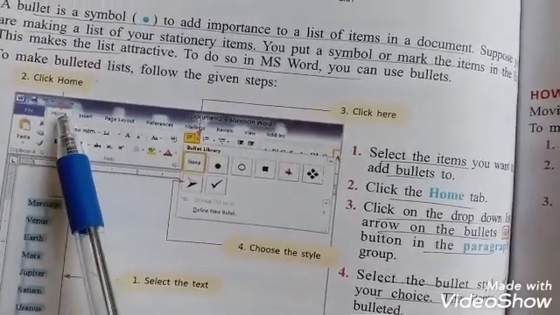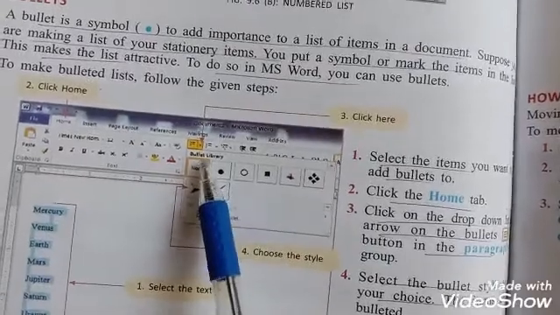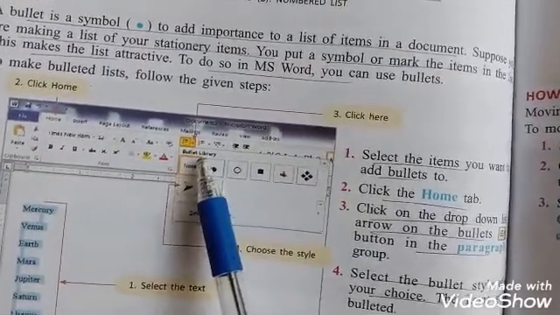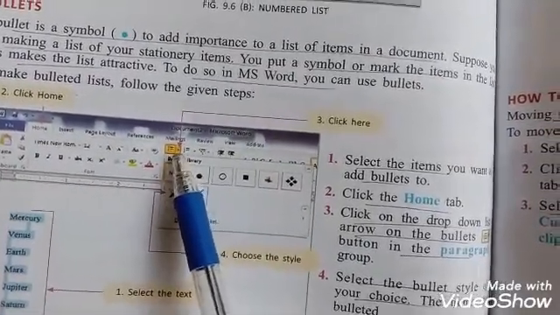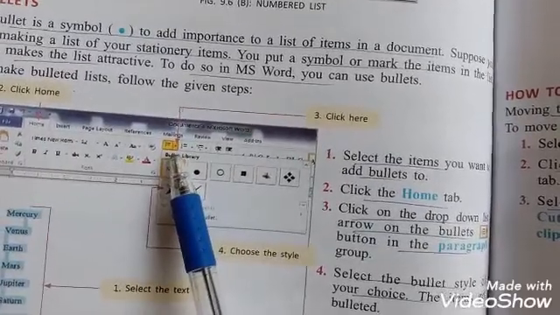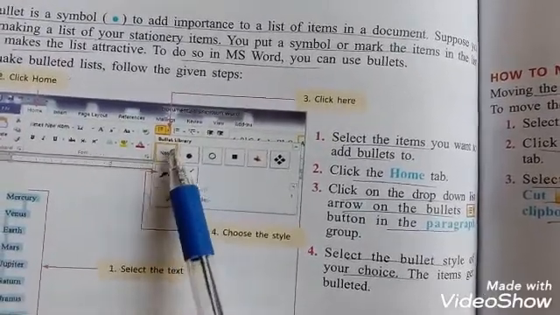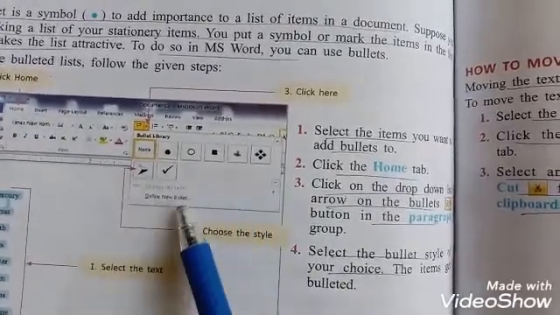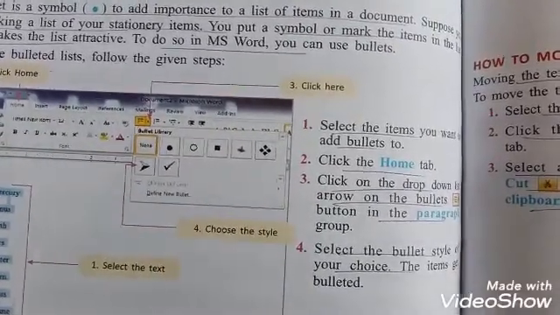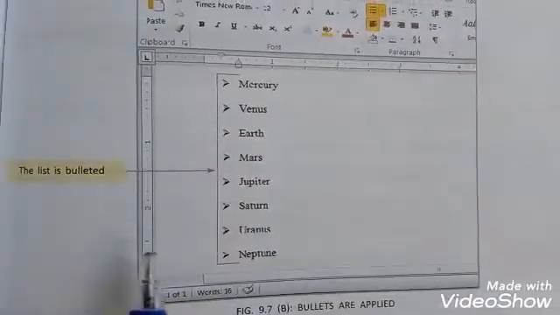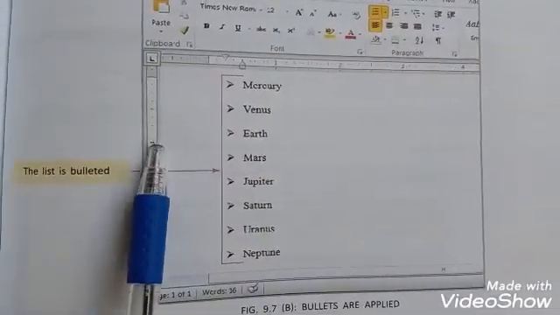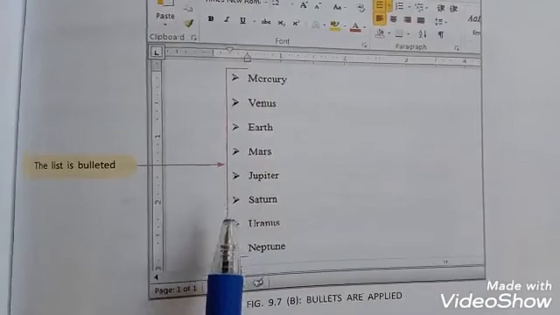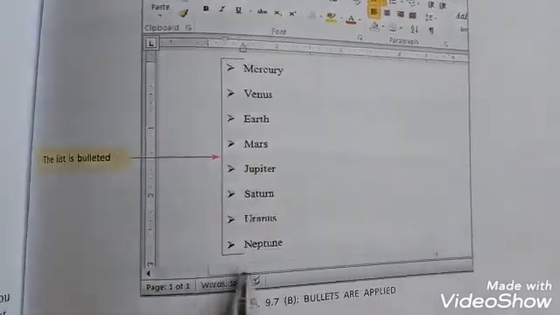After this, click the Home tab on the ribbon, and then from the Paragraph group, click Bullet Library. Then select the bullet style which you want to apply to your text. And this is the picture after applying the bullets to the items.